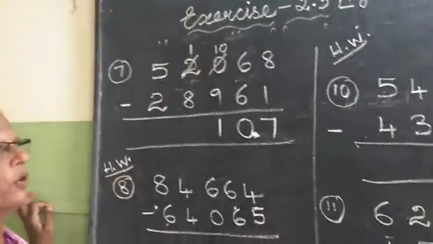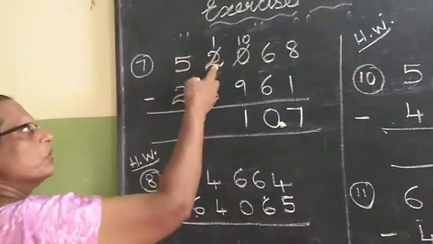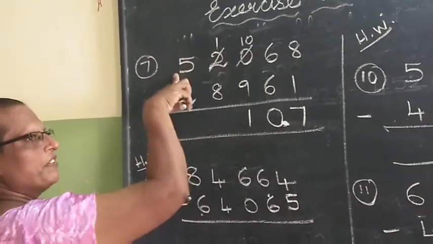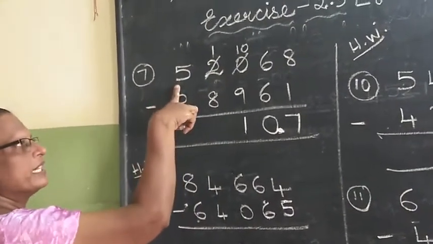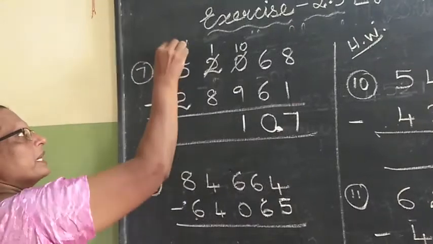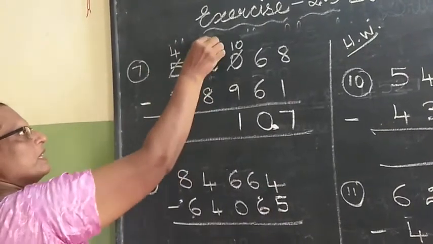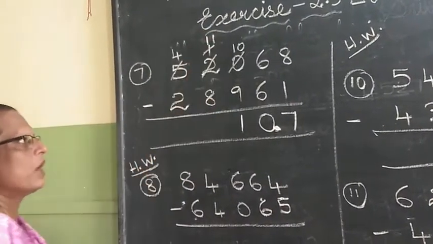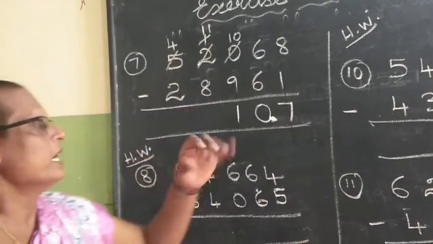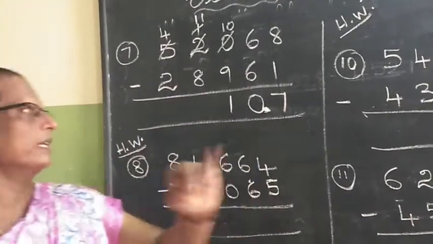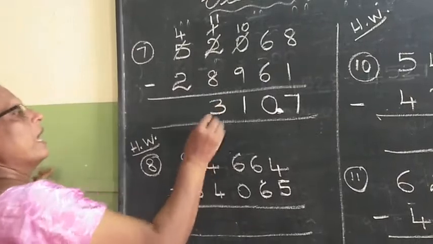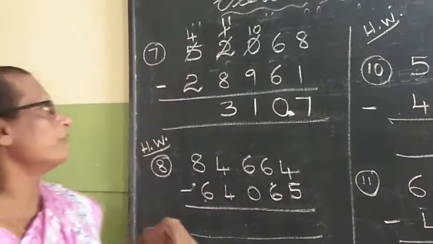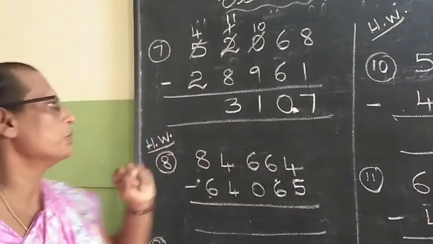And see, can you count, children, from the below number to 1? No. It's smaller number. So what you have to do? Again you have to borrow from the previous number. So previous number, what number is here? 5. So 5 will become 4 and this 1 will become 11. So after 8 you count, 9, 10, 11, 3. And after 2 you count up to 4, after 2, 3, 4, 2.